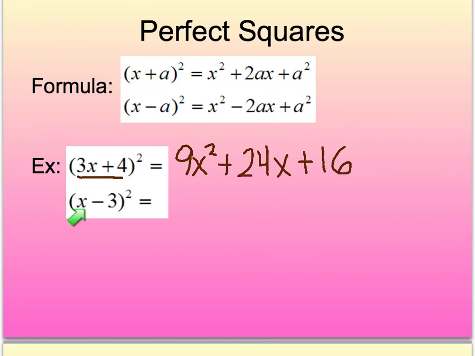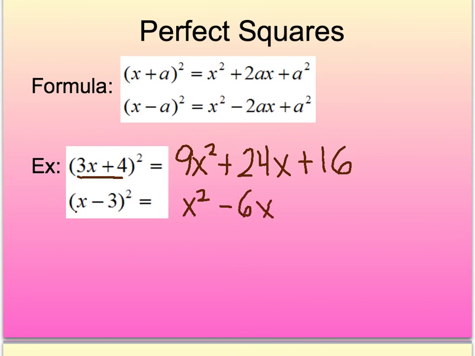Now in the same way, if I have a difference, then I can apply this bottom formula, which says take the first term and square it. So my first term is x, so I'm just going to have x squared. Then the formula states do minus 2 times a times x, so minus 2 times the last term times the first term, so minus 2 times 3 times x, so in our case that's going to be negative 6x,